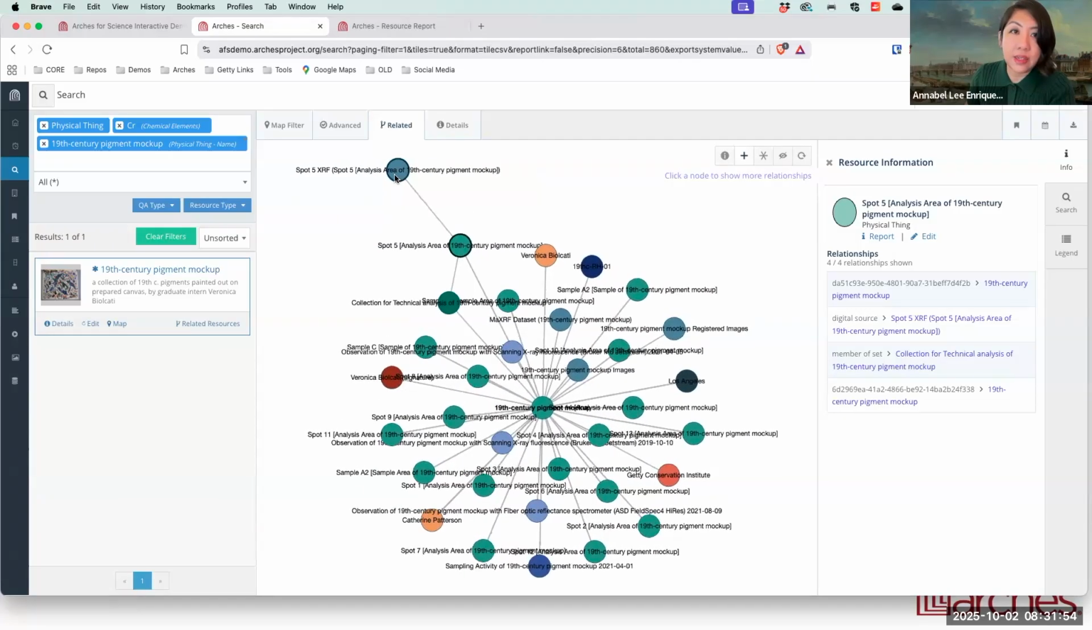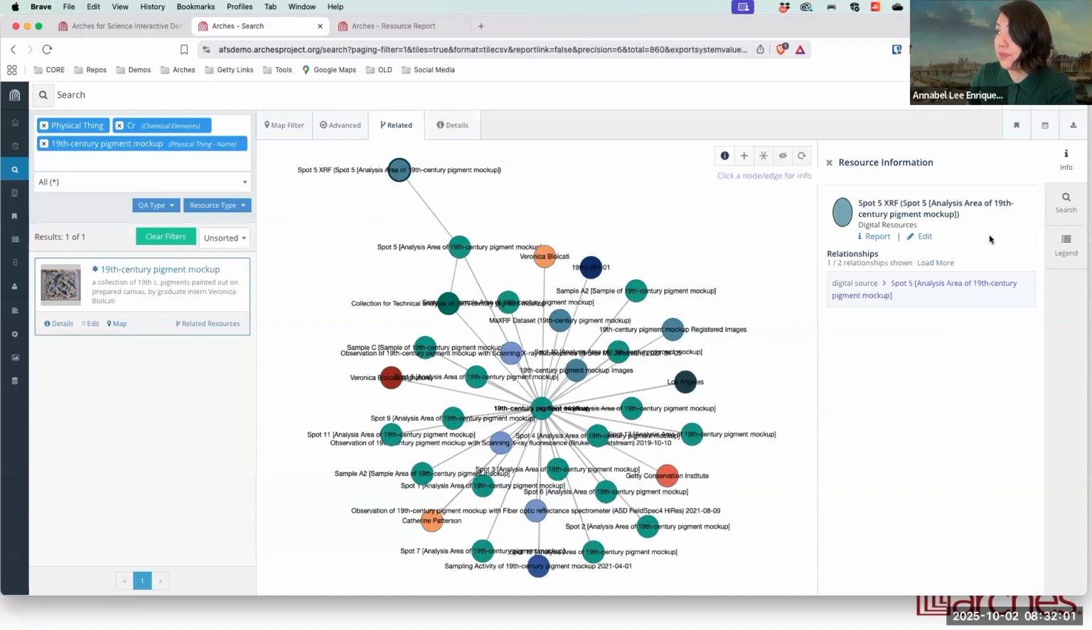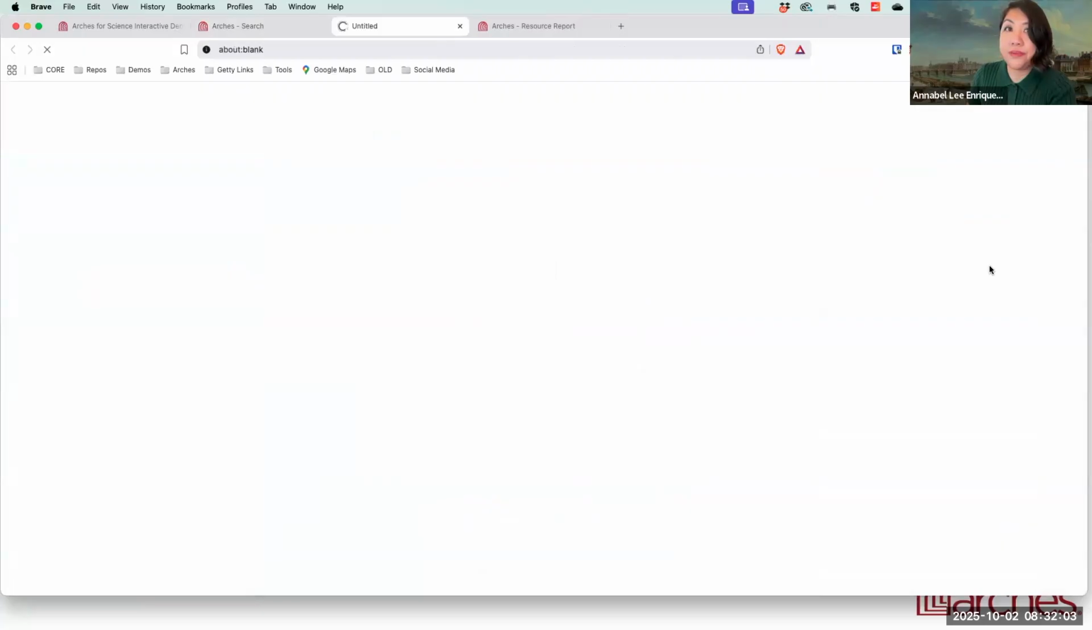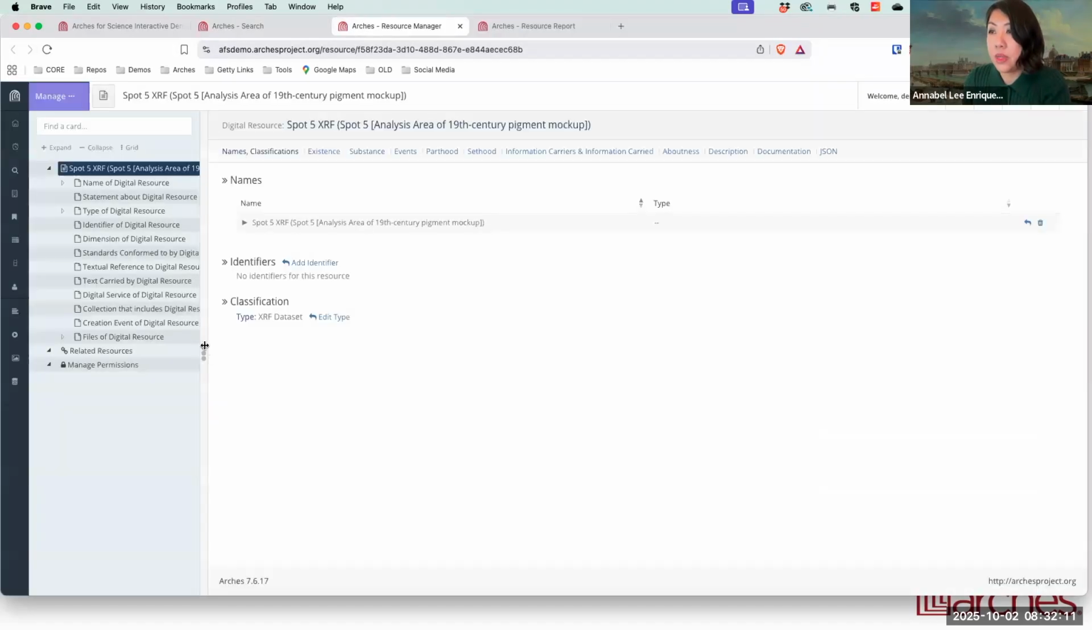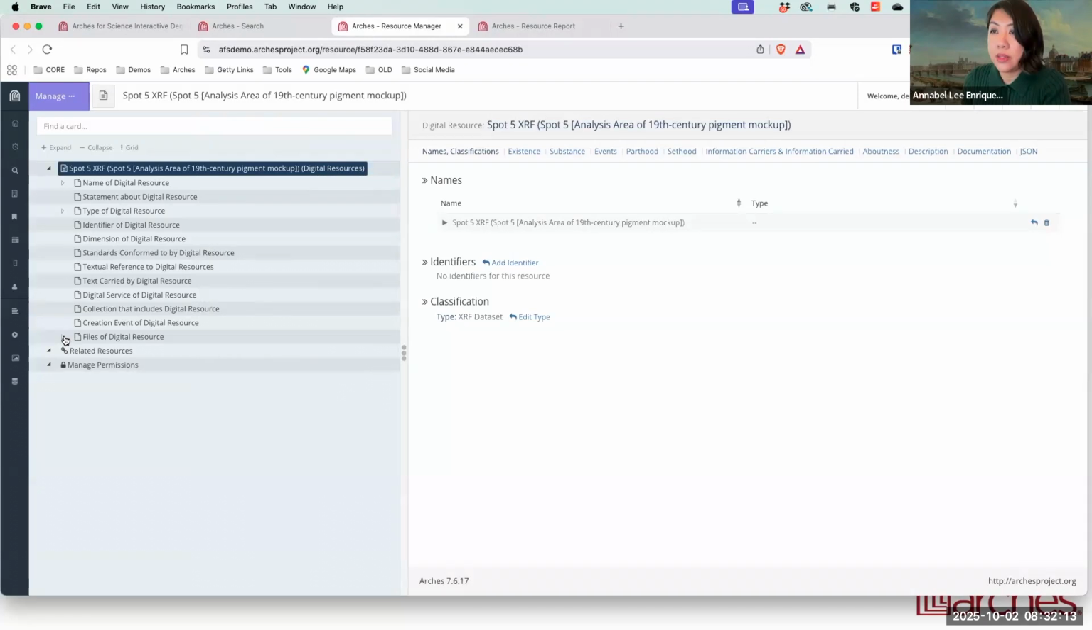And I see that I actually have an XRF data set that's connected to that. So I'm going to click on this and let's take a look at it and see what data we have here for that particular spot on this painting. And I can see in my tree here that I have 4 files. There are 4 files, 2 are